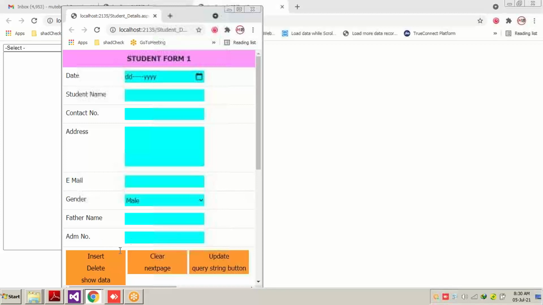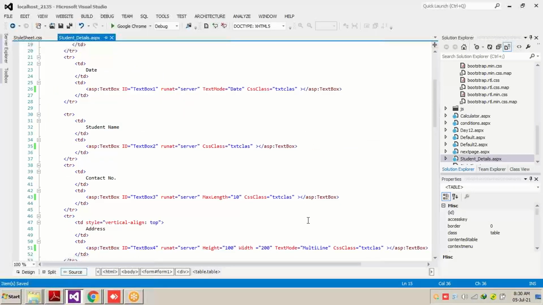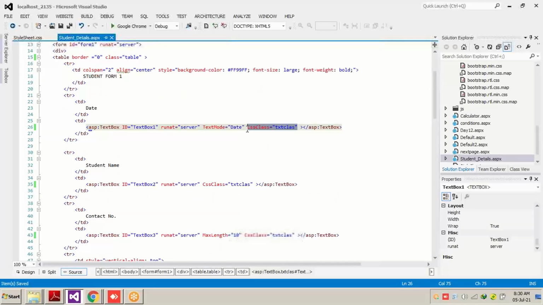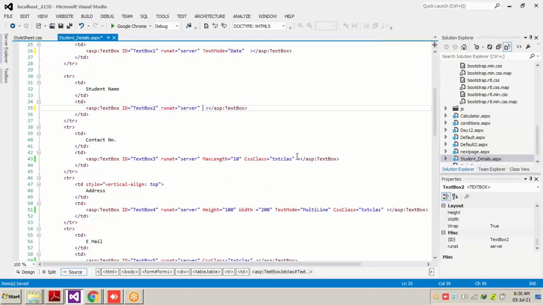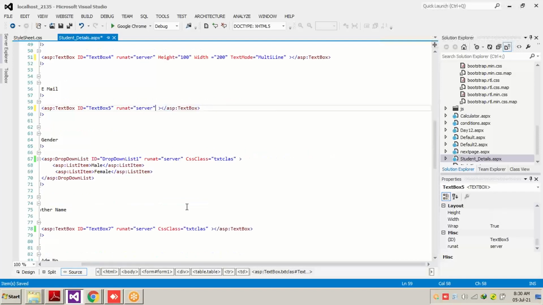Okay, I'll do one thing. I'll just remove the CSS class which I have written for the text box and button. Now let's see what happens. Because I have given the entire table under Bootstrap CSS, I don't think I will need a separate CSS class for buttons and text boxes. So I'm going to remove the CSS class for buttons and text boxes, and I will see what happens if I just remove it, as I will be using Bootstrap.